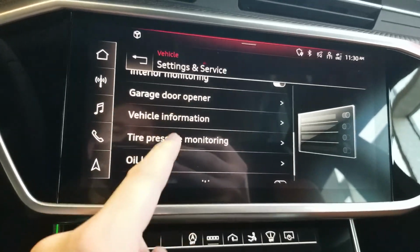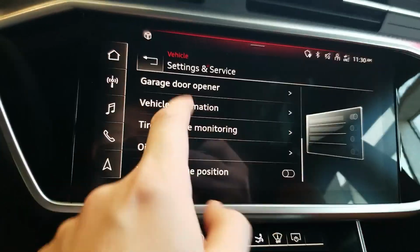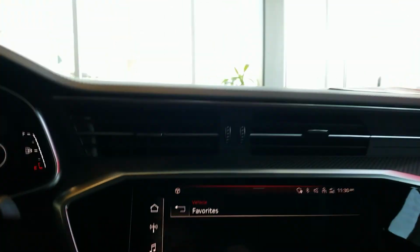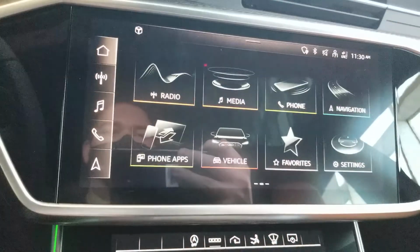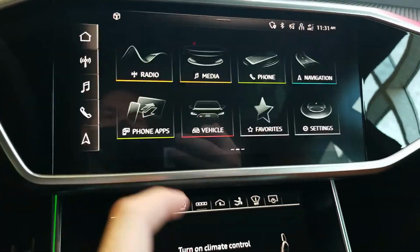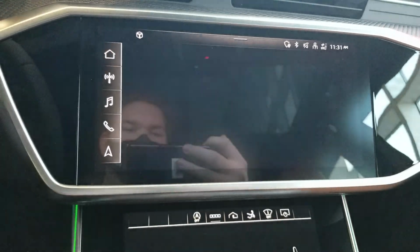Garage door opener is here, vehicle information is here, tire pressure is here, oil level, and wiper change position. So if you want to change wipers, you just press this button and you're able to change all that very easily because the wipers will just move into their upright position. And we have no favorites there. Okay, and if we go to favorites, let's compare any favorites that we have saved. We also have our settings,